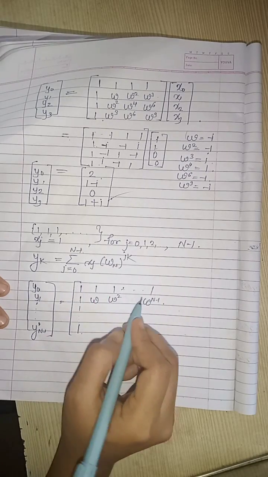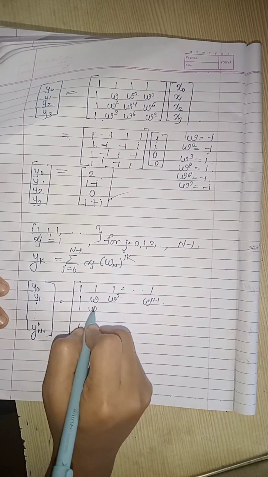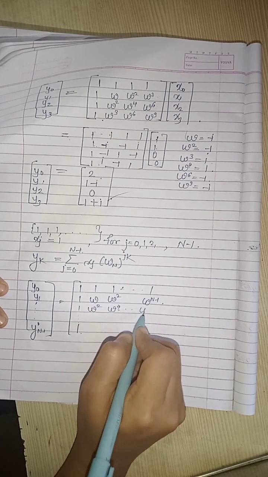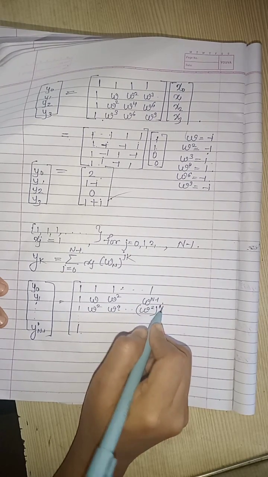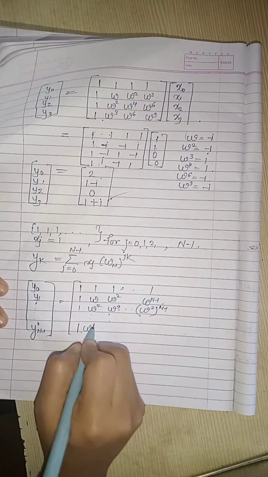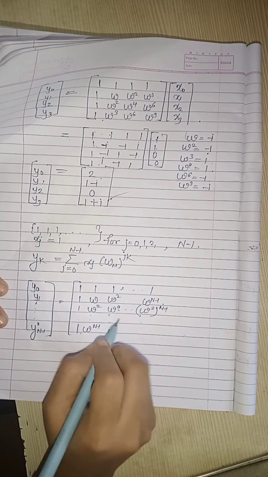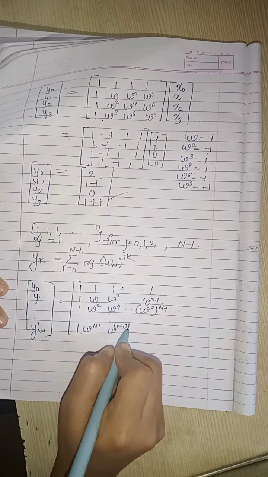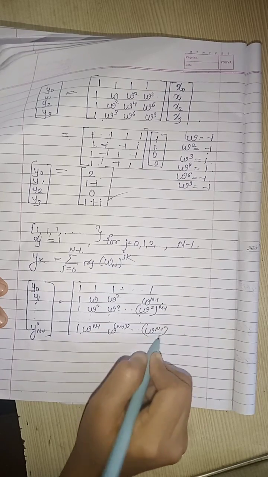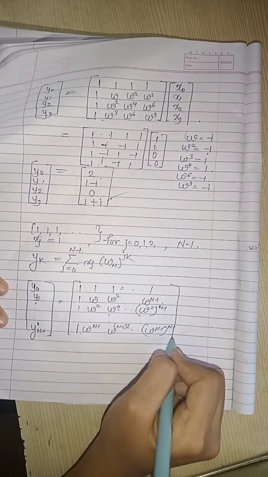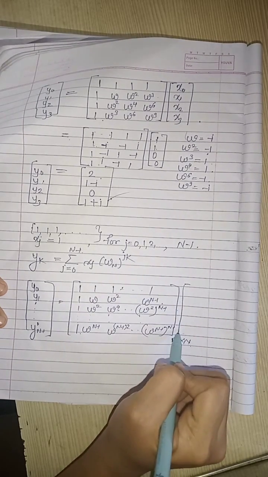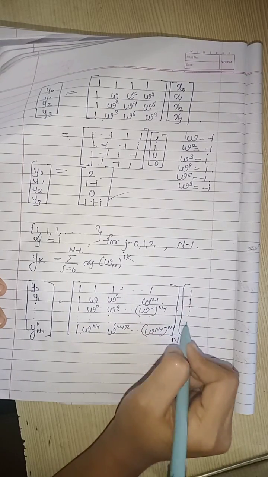So in total it will be an n cross n matrix, with omega square, omega raised to 4, going to omega square raised to n minus 1. Similarly, going in this manner, omega n minus 1, omega n minus 1 to 2, up to so on, omega n minus 1 raised to n minus 1. So overall it will be an n cross n matrix,